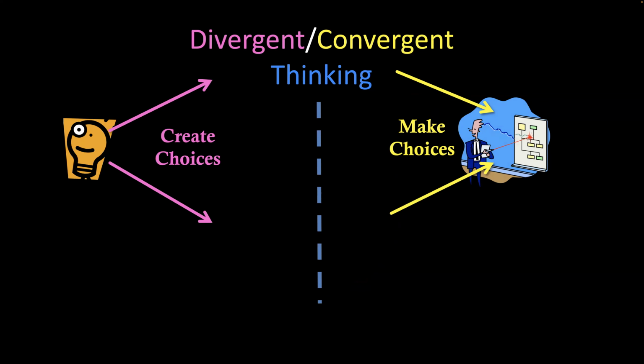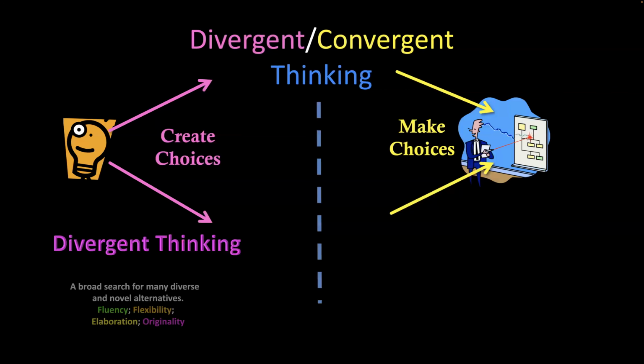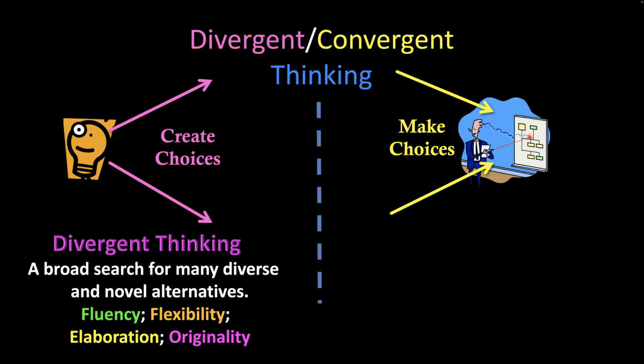Divergent thinking is all about the concept of many diverse and novel alternatives. You're looking at flexibility and elaboration and originality. That's what it is. So it's to nurture the emergence of the creative process that's coming out of the interaction